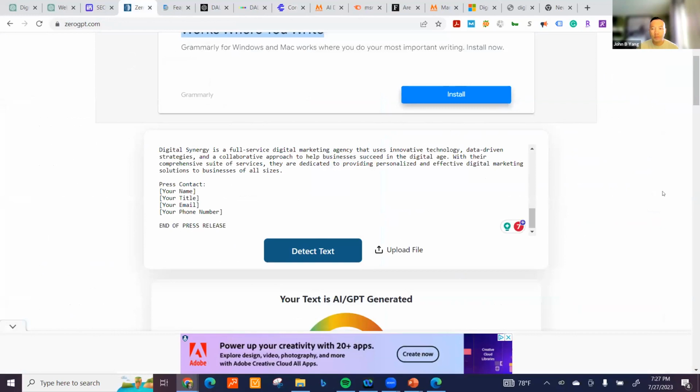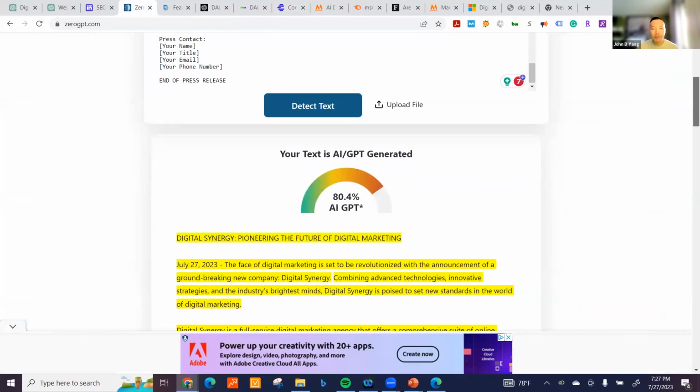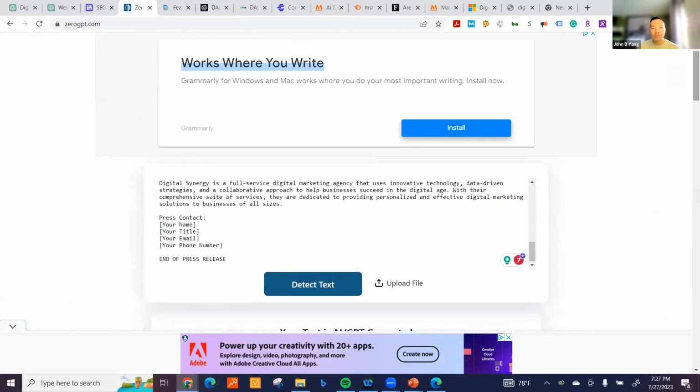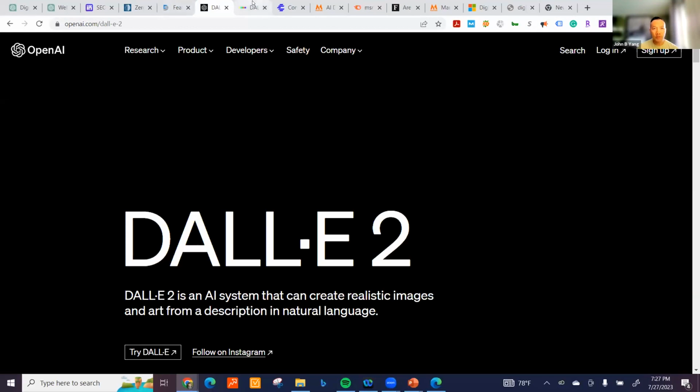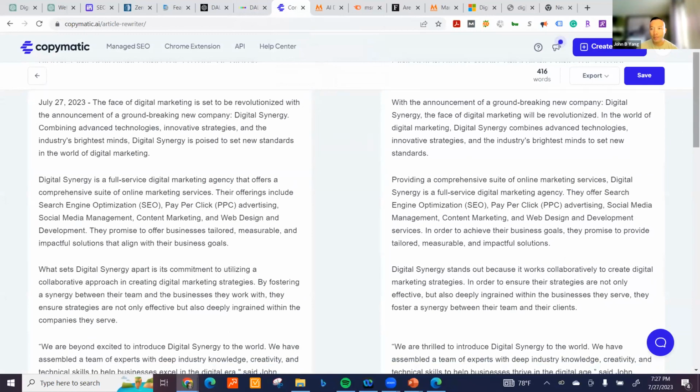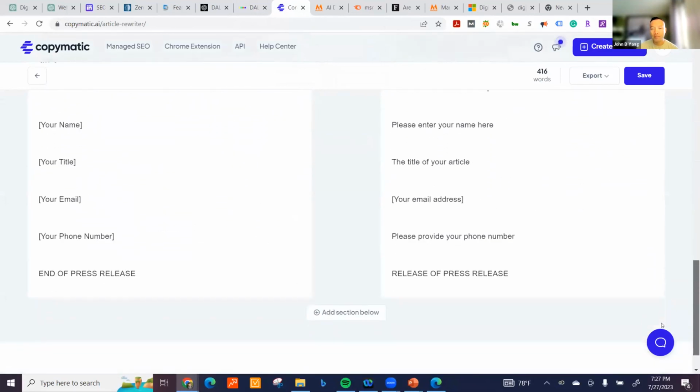While it does that, just remember, this is 80% accurate that this is AI generated content. The reason why I bring this up is that we don't know how the search engine is going to crack down on AI content. I've been hearing you can get penalized if it's AI generated content. So that's why we have these tools to detect and make sure it's more human generated content versus AI. With the age of AI happening now, the internet is going to be flooded with AI content, right? And I think the search engine doesn't want that to happen. So content from AI may not be as important as a human being writing it. That hasn't been said or anything yet, but